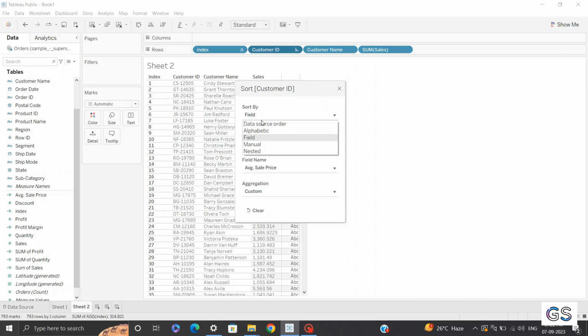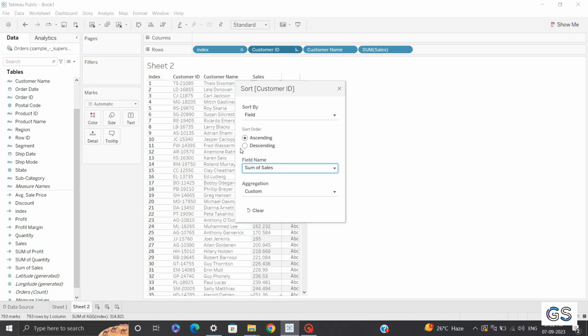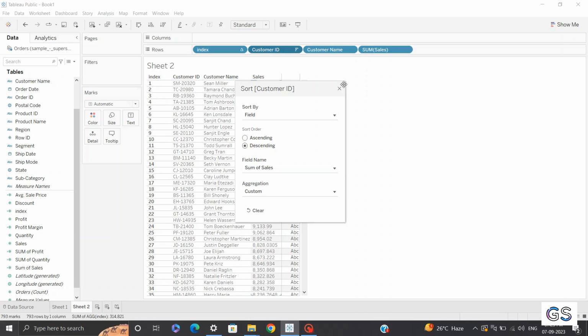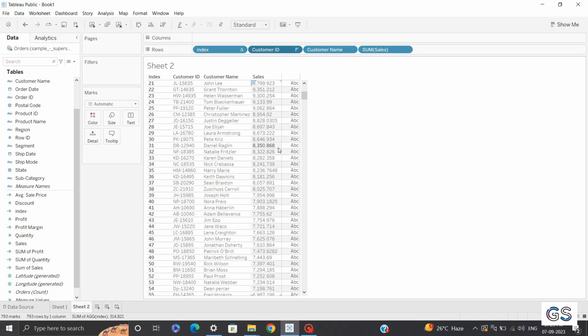You can sort the data by alphabetic, manual, nested and data source order as well. I'll click on field and I'll click on sales. You can sort it by number of measures you have. You can sort it by profit, quantity, subcategories, a number of things. So I'll quickly select sum of sales and click on descending. So you can see the customers which have the maximum number of sales are on the top and it is sorted